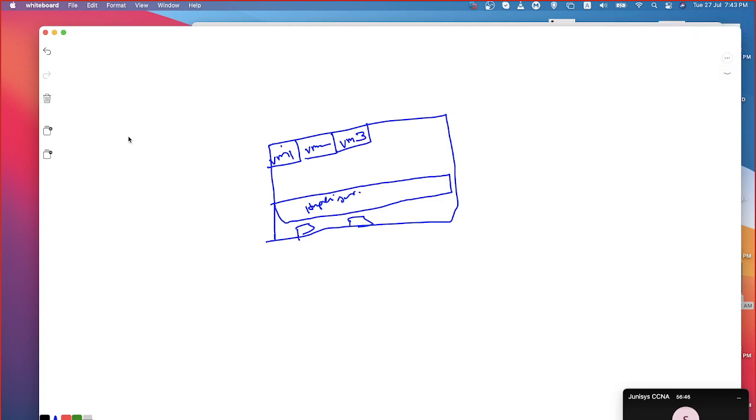On top of every virtual machine you can have a separate operating system, and then you can have the application installed on it. In VM2 you can have an operating system and the application. In VM3 you can have an operating system and the application installed on it. But how are they connected? Because I have something called a virtual switch within. We know the functionality of the physical switch, right? If you have a physical switch, physical machines can be connected.